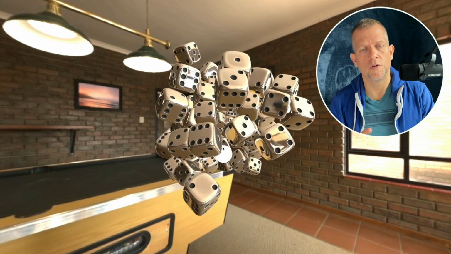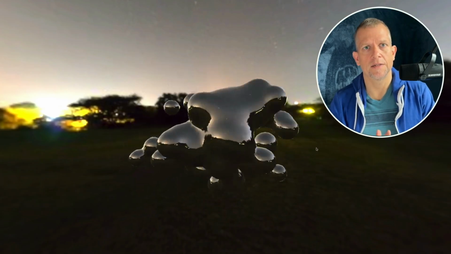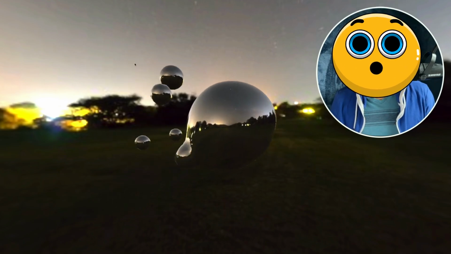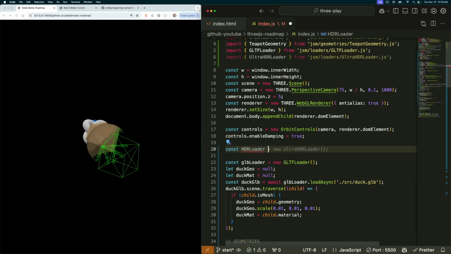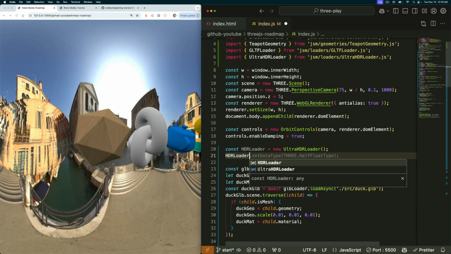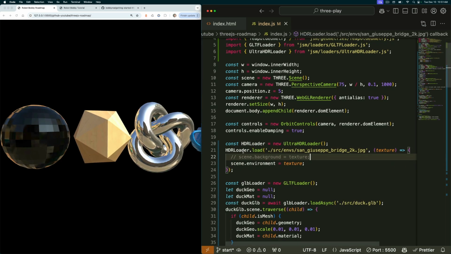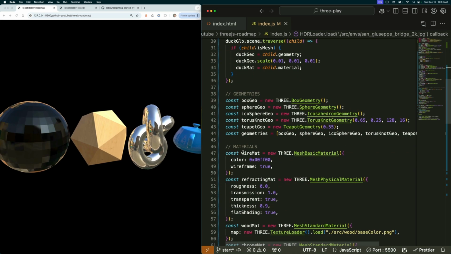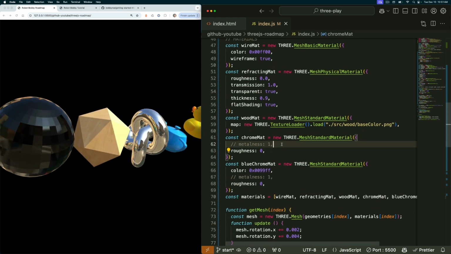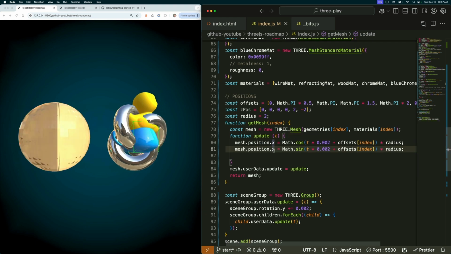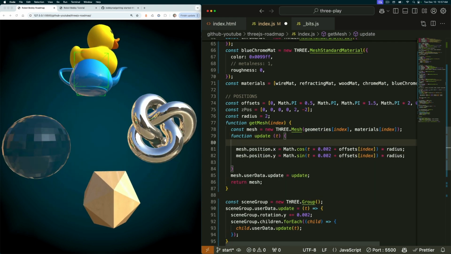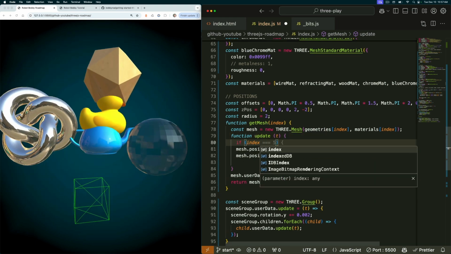Dive into textures and environment maps to give surfaces that wow factor. We're going to use the Ultra HDR loader to load a beautiful environment map. A bit of tweaking and debugging and beautiful HDR lighting. Let's refine the animation using the Math.sin and Math.cos methods. Mix in a bit of conditional logic and